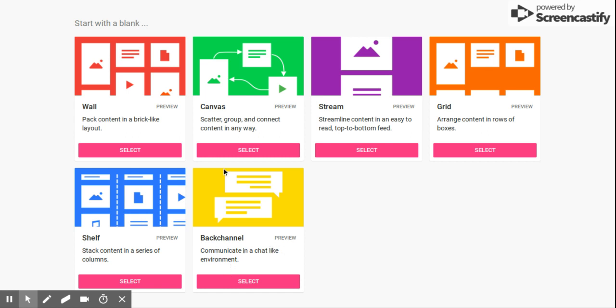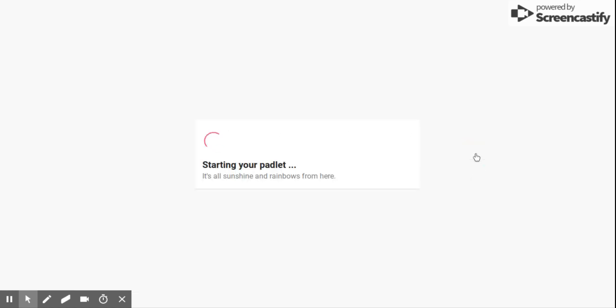So, how can you use this? Let's say I'm doing a lesson on figurative language with fourth or fifth graders, and I wanted students to communicate and collaborate with one another. So I could create a Padlet, and because it's students, I like things to be a little bit organized. So let's say I did the grid. So you just click grid,